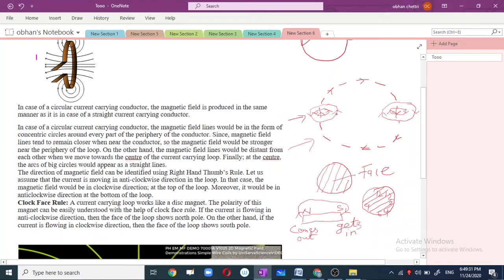Now what if we see this arrow? If we see the arrow in this figure, the arrow is passing inside. Here, in this circular loop, the current was flowing in the clockwise direction, right? Current is flowing in the clockwise direction. What we can see is these two cases. We will only consider these two cases. Actually we will get several cases, but we are only focusing on these two for now.